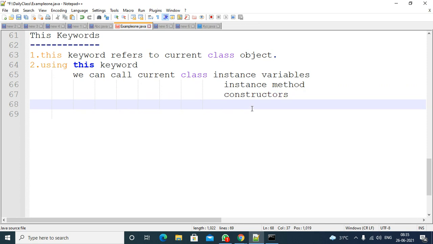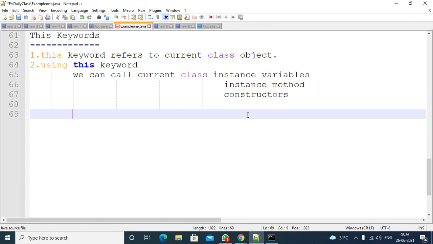So next point, if you want to pass the current class object to a method, we can use this keyword. And next one is, if you want to return the current class object, in that case we will use this keyword. So in these 5 scenarios we will apply this keyword, to call the instance members of a class, right?